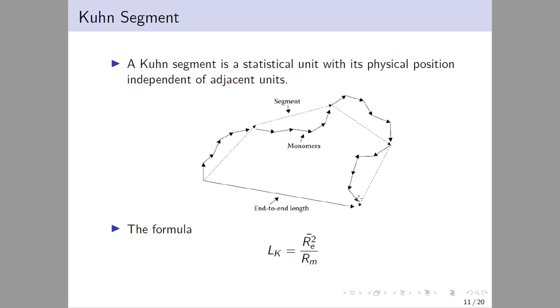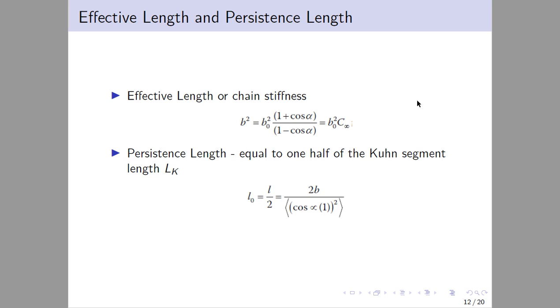Okay, so you see most of the polymer are divided by 6 monomer. Okay, so we have the Kuhn segment, and then effective length and persistent length. So the first is effective length or chain stiffness. Okay, so we can calculate using this b squared equals b naught squared (1 plus cos alpha) over (1 minus cos alpha), equal to b naught c